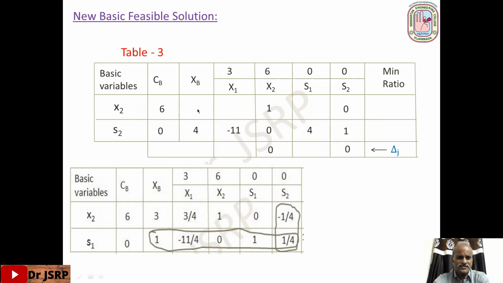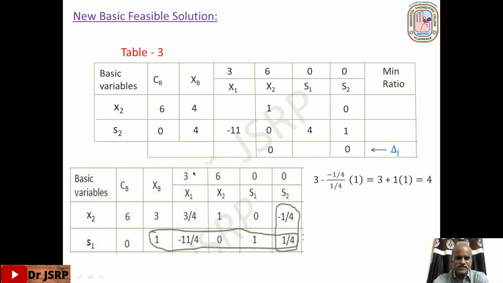Next, to evaluate this one, the present value, this value 3 minus, for this corresponding column element, the pivot column element is minus 1 by 4 by the pivot element 1 by 4, into, for this pivot row element is 1. So this gets cancelled. 3 minus or minus plus 1 into 1. Okay, that is 4. Right. For the first row calculation, this plus 1 is the same. This plus 1 is the same. Okay, just replace these two values.